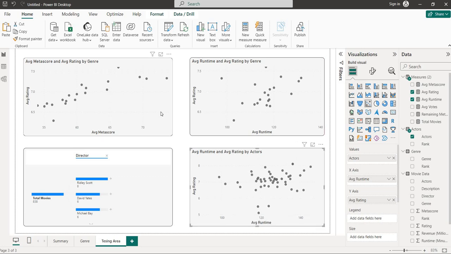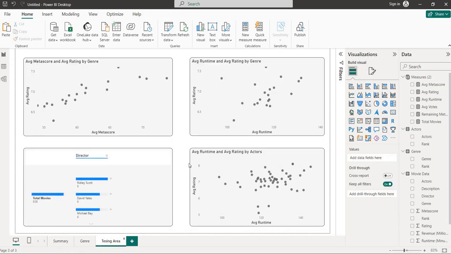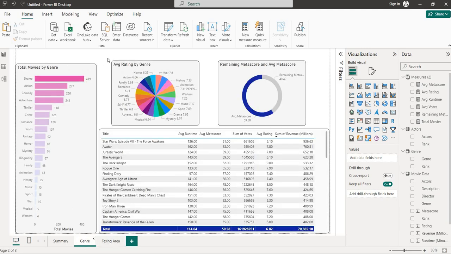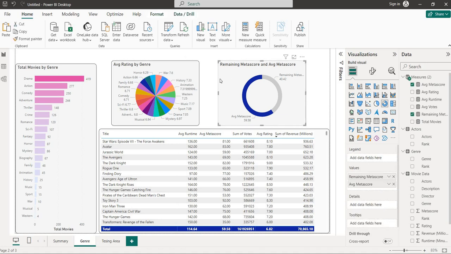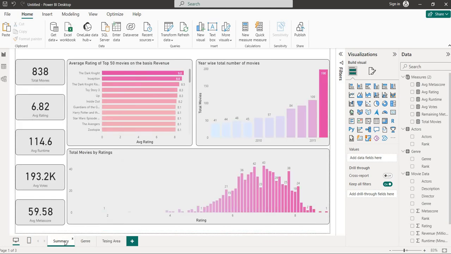Now I hope it is clear to you how we are going to make this. Now we will add some details. So this is our movie recommendation system. Hope you have liked this data analysis. You can give it the name as you want. I hope you have understood how the analysis works and how things are moving.